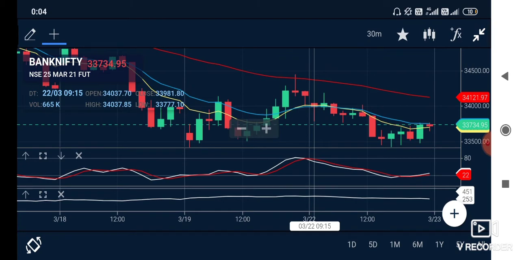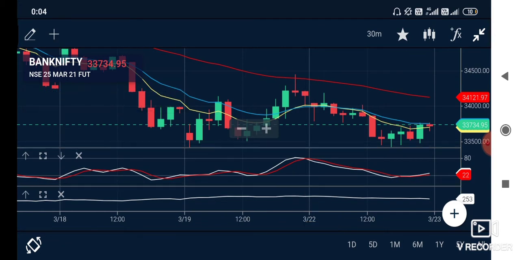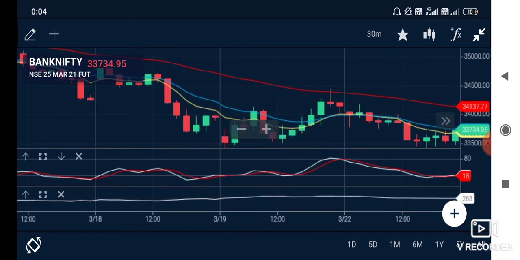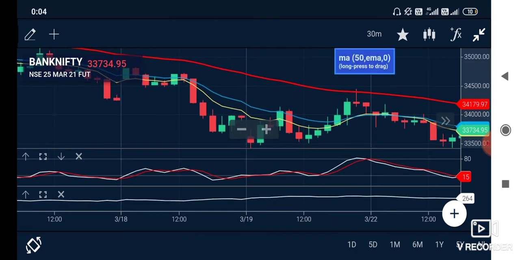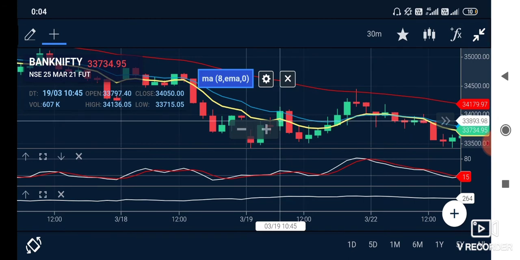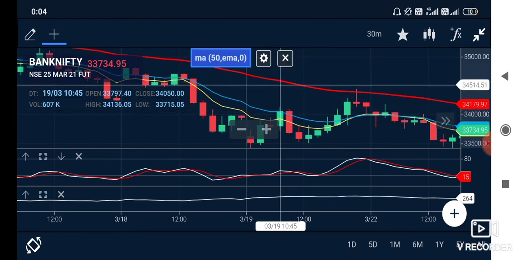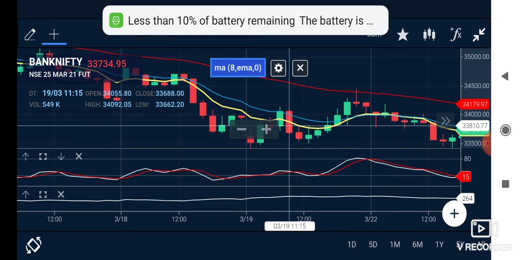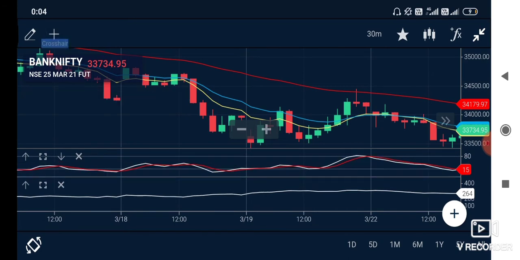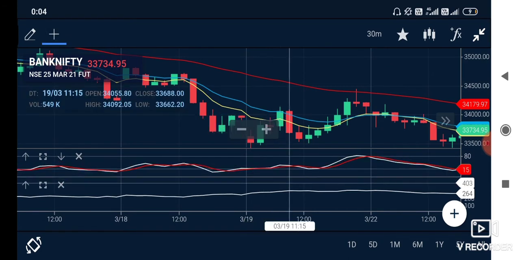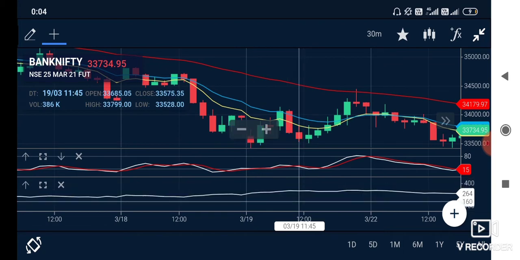Just to give you an example, we'll go a little behind and check which is the right trade to take as an example. If you see over here, the yellow line is already below the blue and the red, and this specific point right here is the point where you would go on the sell side.